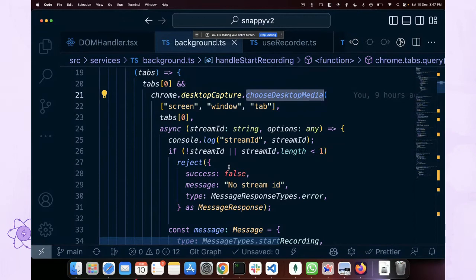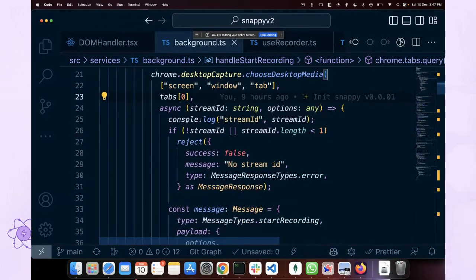So that's why we are doing this back-and-forth flow, where first your content script sends a message to your background script to find out which stream ID it has to record. Then the background script sends a stream ID back to the content script, and with that stream ID, your content script takes the stream and starts the recording. So this is exactly what this did. It gave the user the option to choose a screen, window or tab, and based on that,